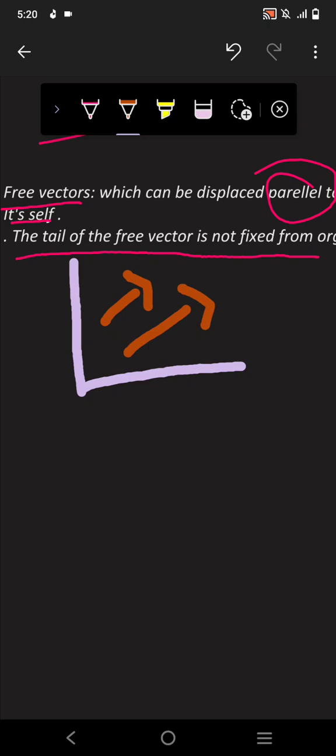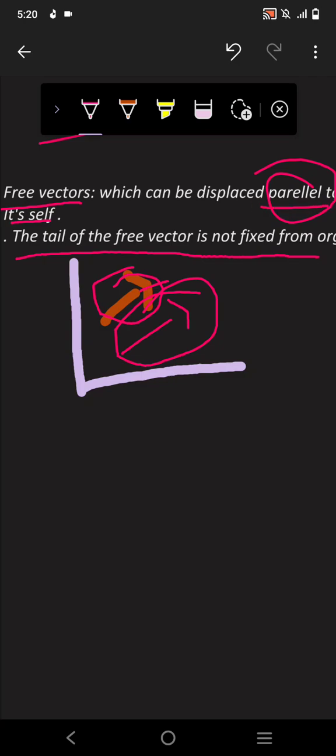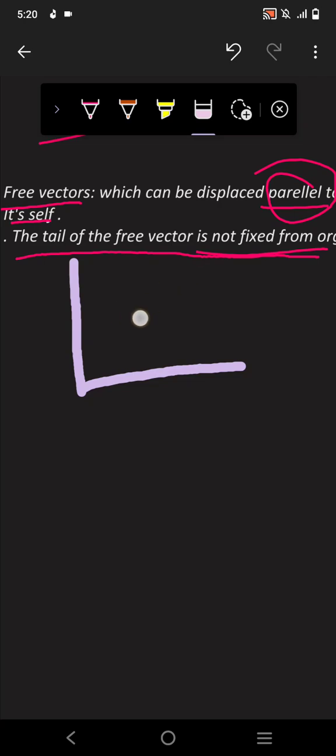A free vector is a vector that could be placed anywhere. For example, this is the free vector. Now I'm going to displace this free vector over here, for some reason. If I have to shift this vector, I would be shifting it parallelly, and I won't change the magnitude. Magnitude will not be changed. And next up, you need to remember three things. It would be shifted parallelly, it won't be fixed at the origin, and it will not change its